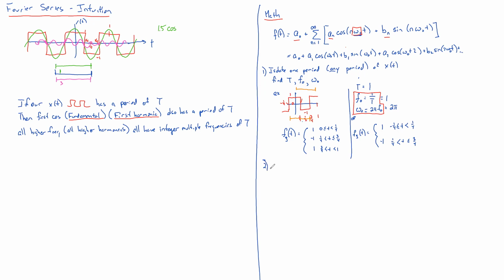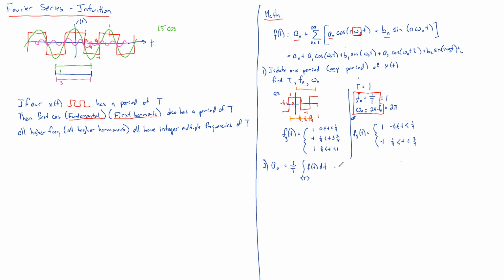Step 2 is you're going to find A naught. And A naught, you can figure it out a number of ways. A naught is the DC constant term. You can figure it out mathematically. It's equal to, this looks like a capacitor, doesn't it? It's 1 over the time period times the integral. And this weird symbol means the integral over any time period you want to. So you could do between 0 and 1, but it'd be smarter to do it between negative 1/4 and positive 3/4 of your function